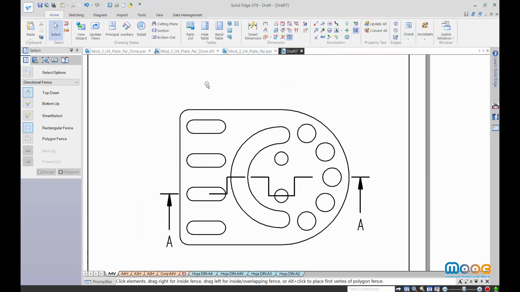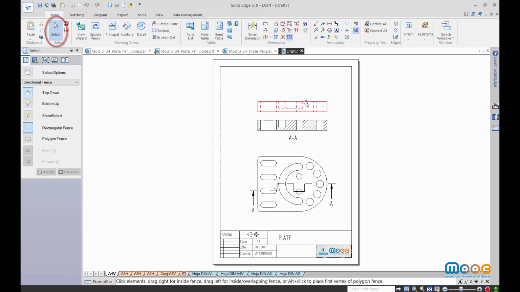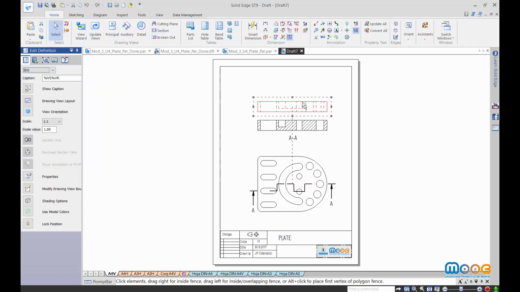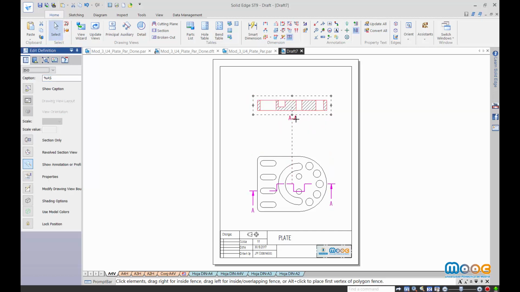Now, once we have the cutting line, we are going to use the section tool to obtain the section view. The first view we have introduced, now we are going to erase it because it's not necessary. Well, we have obtained the two views of the model,